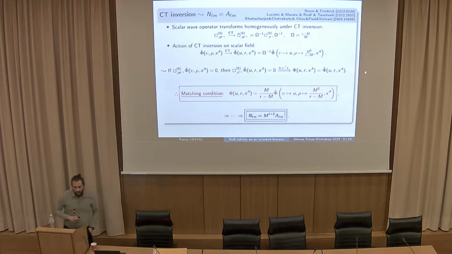Okay, now I don't want to get too technical, so let me go directly to the punchline: after doing some pretty standard manipulations using the fact that the Couch-Torrens inversions are conformal isometries of the background, one reaches the conclusion that there exists this matching condition between near null infinity data and near horizon data. A direct consequence of this matching condition is precisely that the Newman-Penrose constants and the Aretakis constants will be exactly the same. And now there is a relation between two very different objects. One is defined at null infinity, and the other on the horizon.